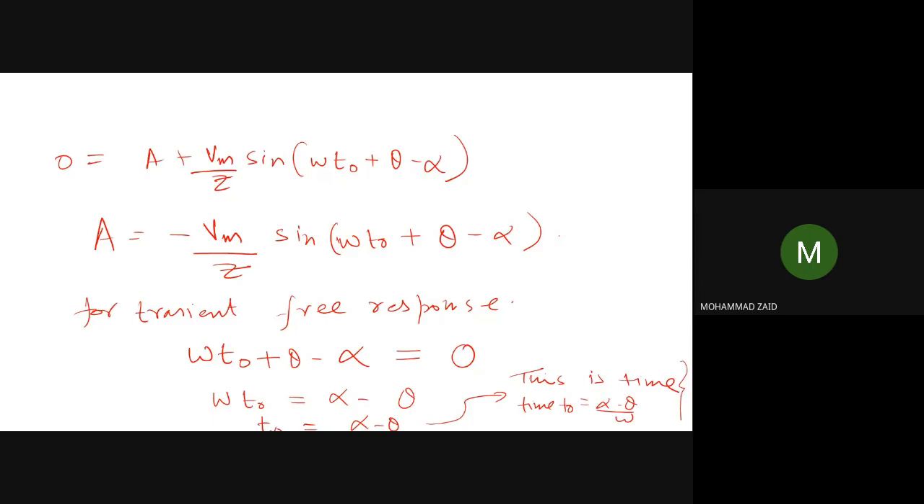That means if you switch on your switch at this instant t naught, which is equal to alpha minus theta by omega, then you can get no transient. No transient will be observed. So we have written it in terms of time, if t is equal to t naught. It is generally asked in many